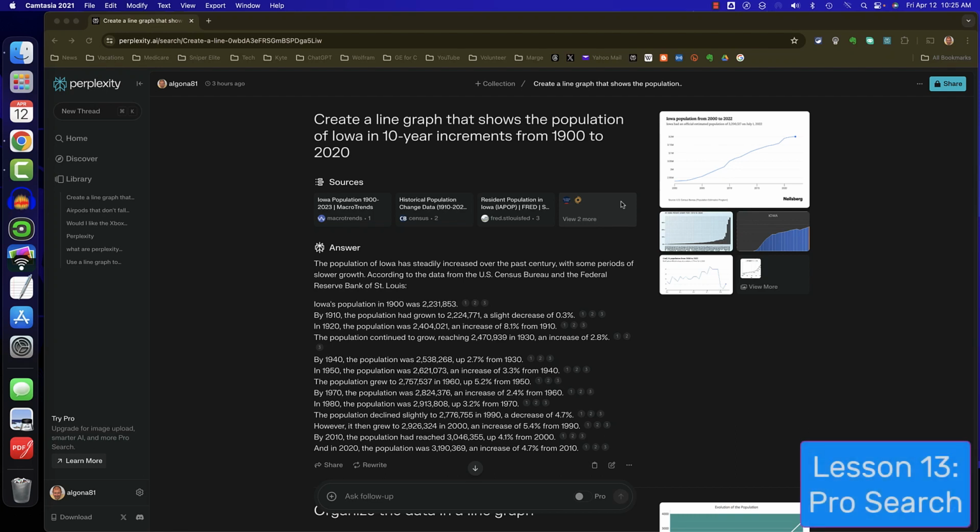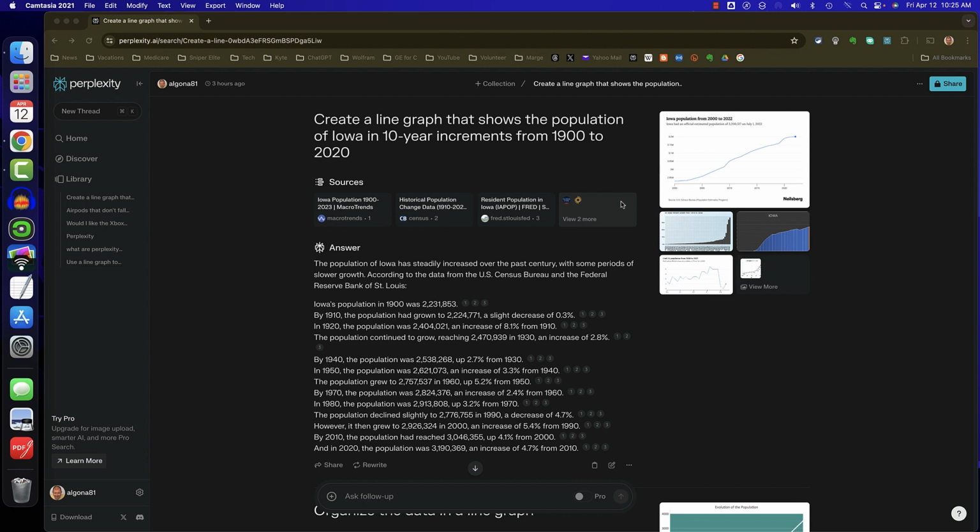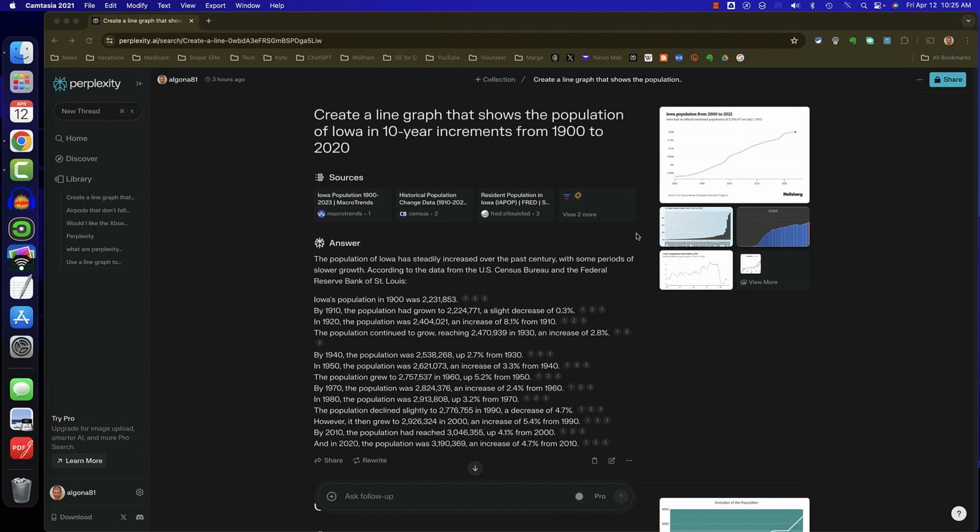We've mentioned in previous lessons that we're using the free version of Perplexity. There is a paid version, Perplexity Pro, which is $20 a month or $200 a year. However, you can use the Pro tool in the free version of Perplexity 5 times every 4 hours at no extra cost. So let's do a comparison of the free version of Perplexity and the Pro version, and we'll use